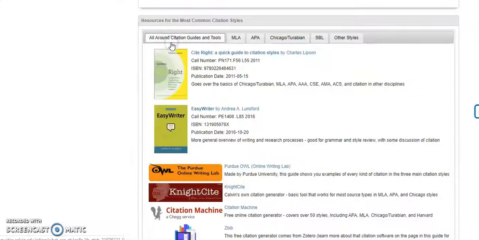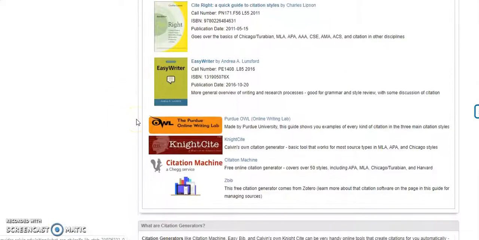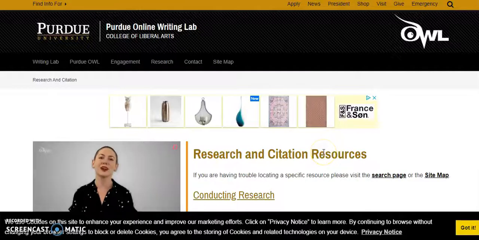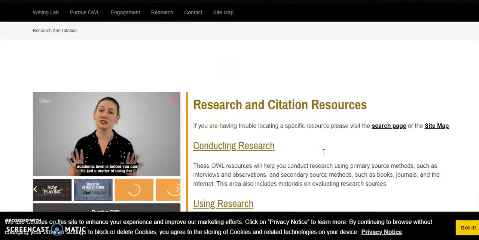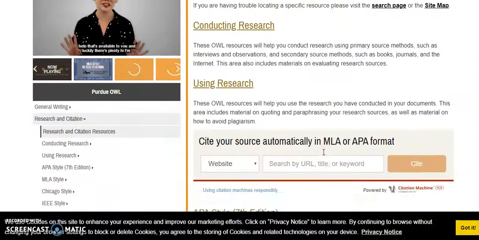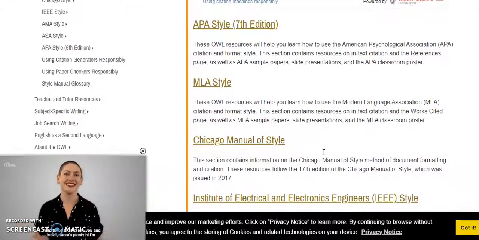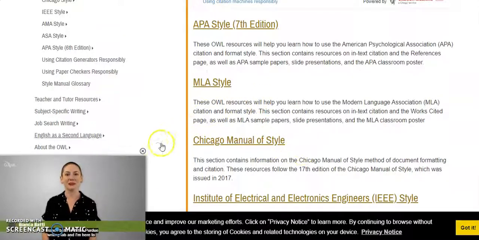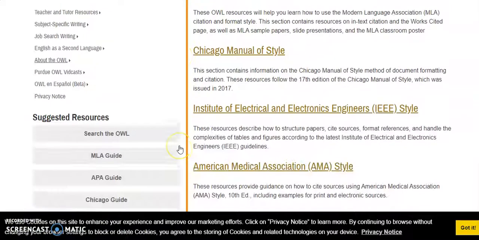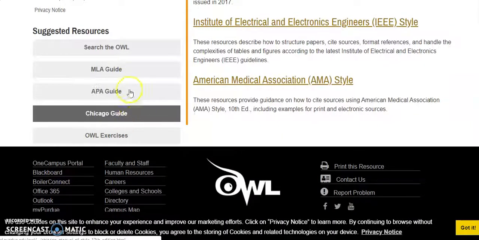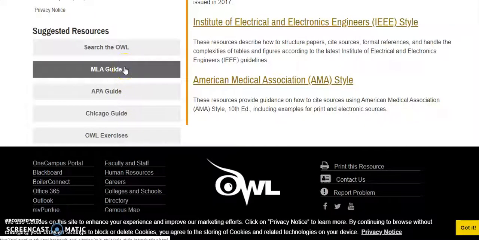In the all-around category, I also have to give a big shout out to Purdue Owl. Purdue Owl, if you care to explore that, is a great site. It's super extensive, kept very up to date, and gives you examples and rule lists for all of the main citation guides that you might want. So, for example, we can go into MLA Guide